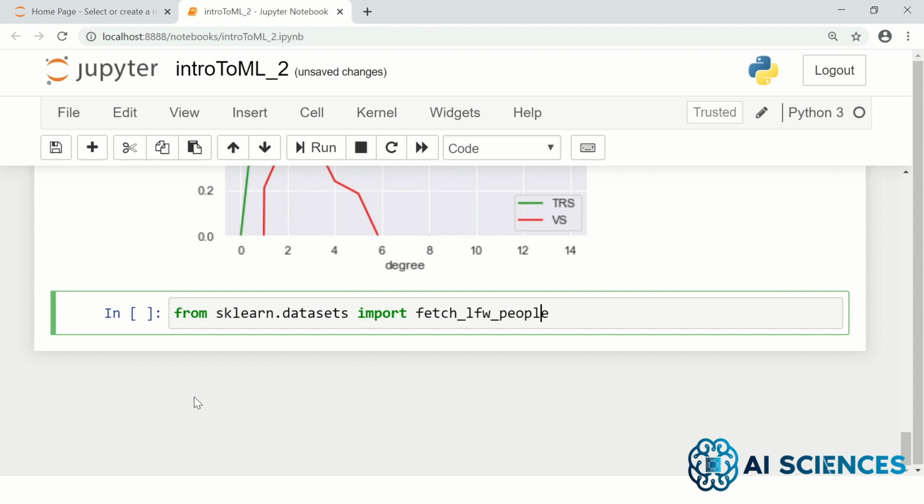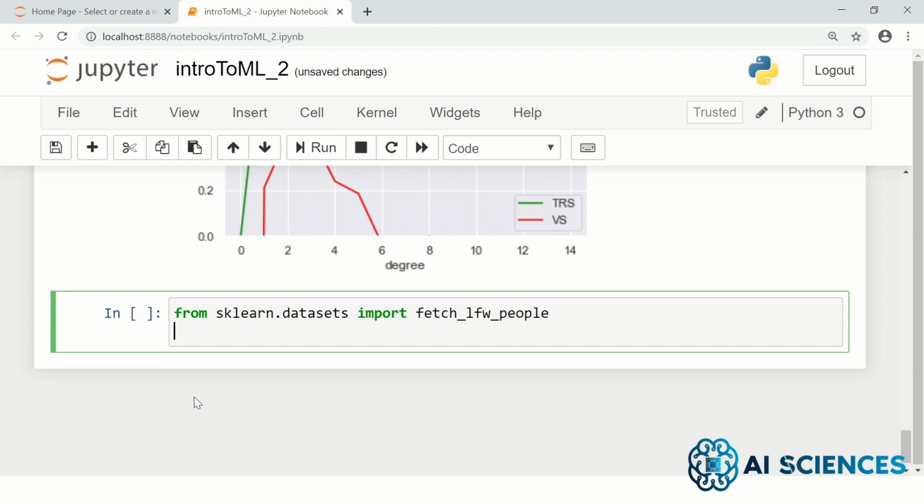That's a function available in the datasets module in sklearn. When you apply that function, it will give you, for example, faces equals fetch_lfw_people